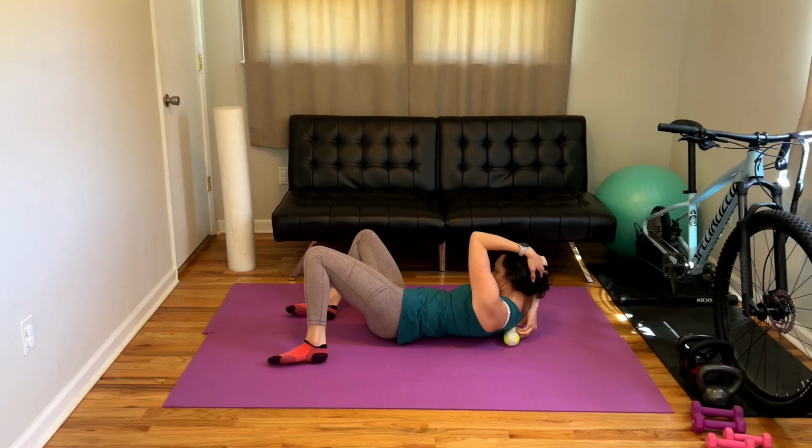But rolling this part out will help you not go from such a mobile part of your neck to a stable, not so mobile part of your thoracic spine. Because the upper thoracic spine is actually supposed to move a little bit more with you to help with the cervical spine and to help with that transition. Whenever we have issues, like numbness or tingling in your arms, this is part of it, that we need that